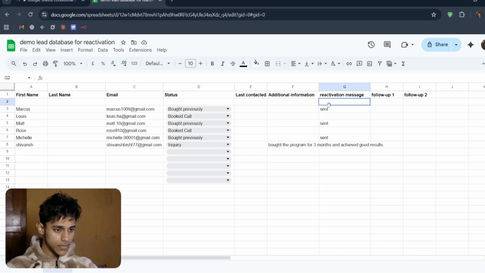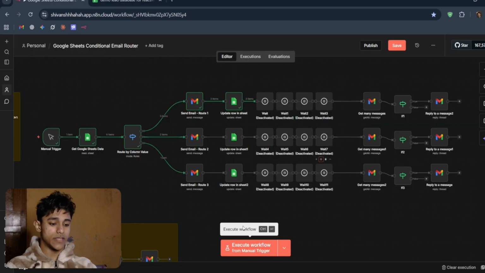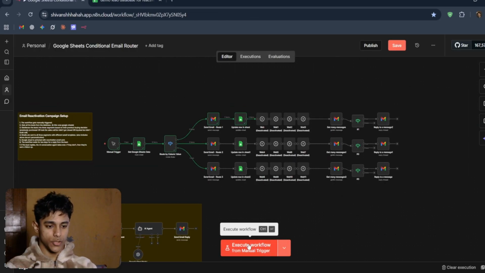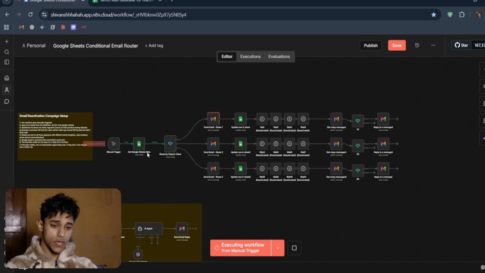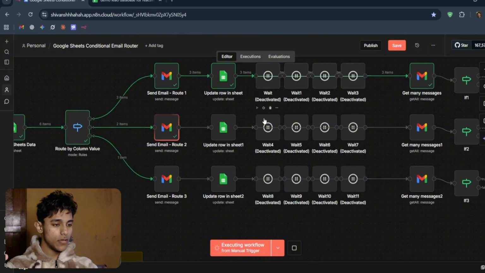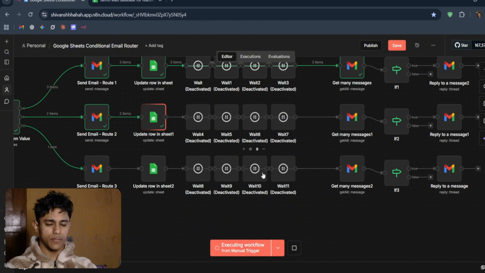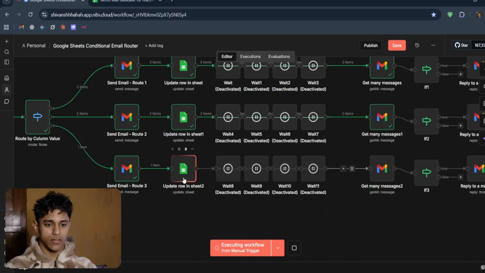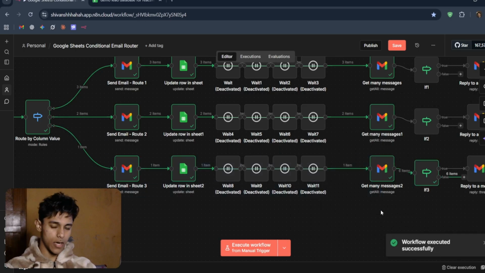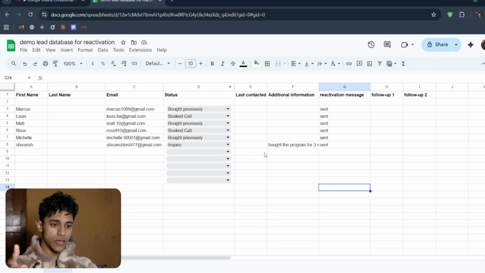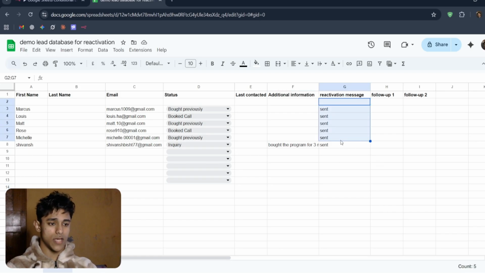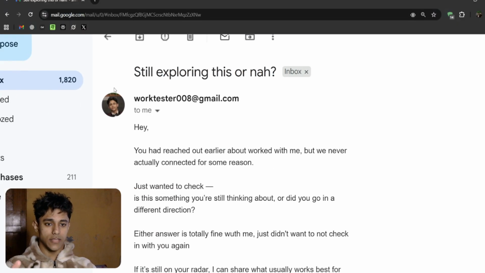So I'll just pick this reactivation message. Okay, so let's execute the workflow once again. And when I click on it, it's getting all the leads. Then it sends the email, gets many messages, and so on. Then the second one happens, and the third one happens, which is the one that contains our record. If we look at the Google Sheet, you see all of them have this reactivation message as sent. And if I check my email, right here, we actually get the email and it says